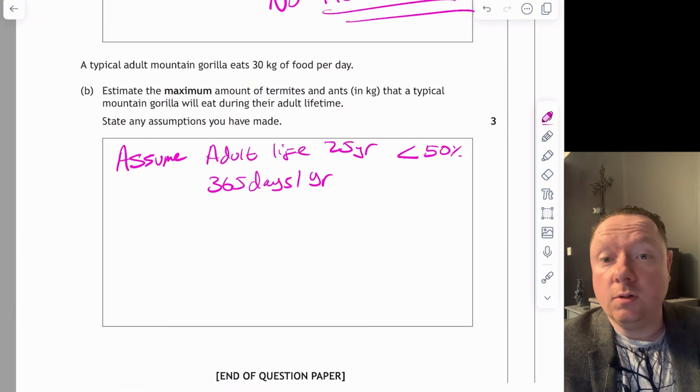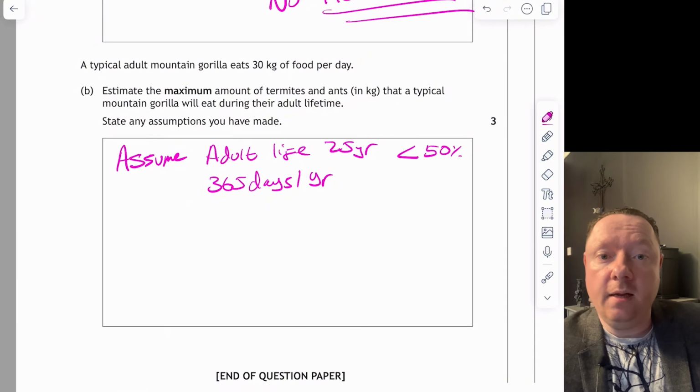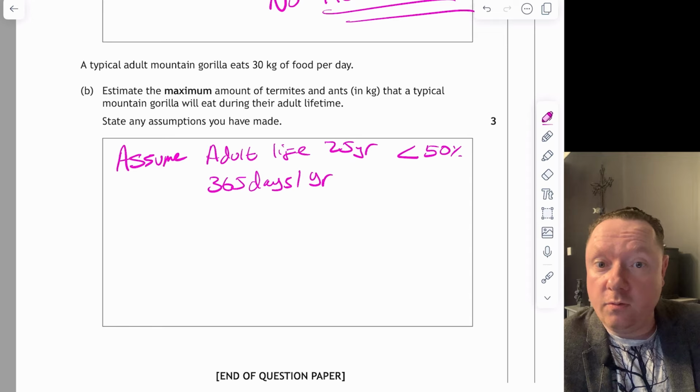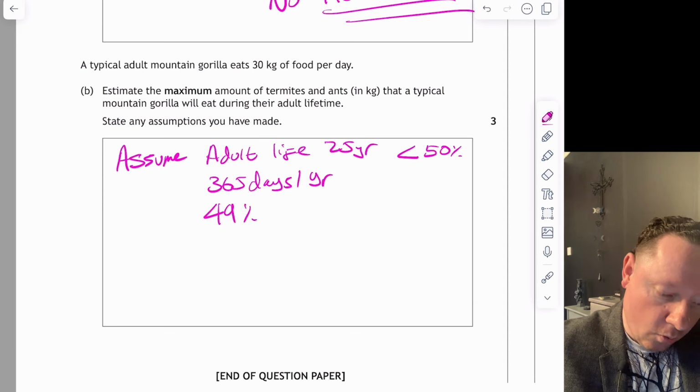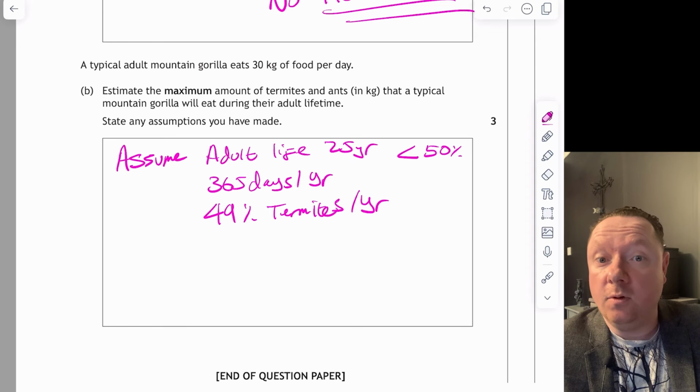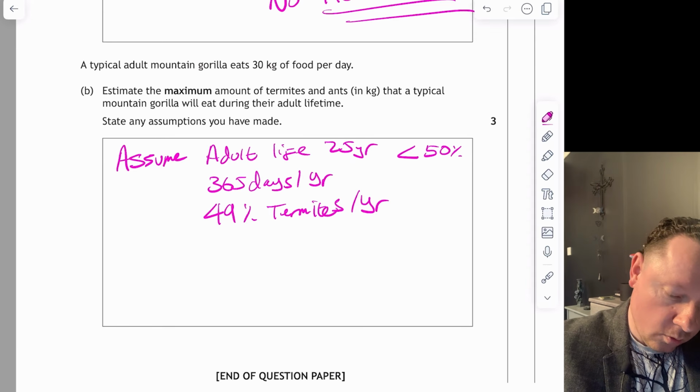So let's just, what's the closest to 50% we could be? 49.99% or 49%. I'm going to assume 49% of termites per year. Now it has to be 49% because it's the maximum we're looking for, so it's not just any old. So then we're just going to do